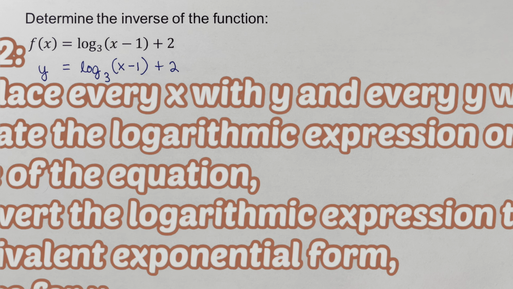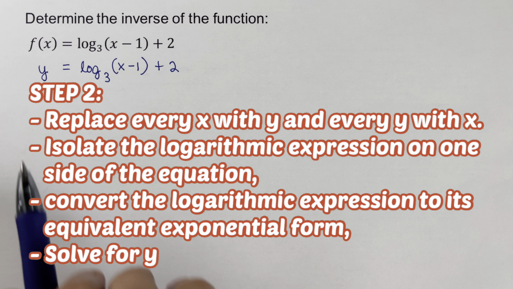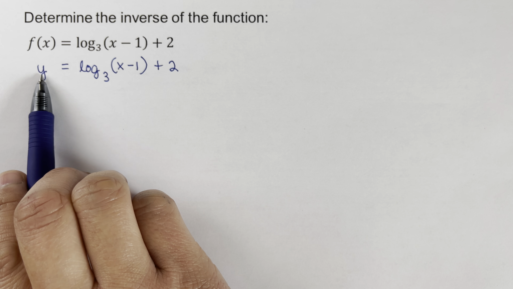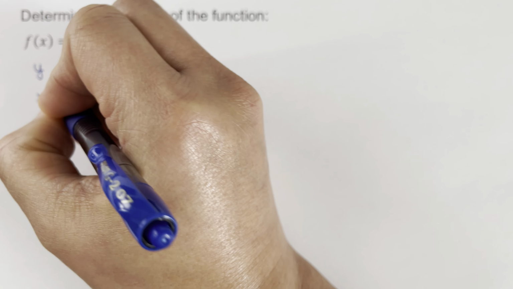Now we're ready to move on to the second step. The second step is to replace every x with y and every y with x. Isolate the logarithmic expression on one side of the equation, convert the logarithmic expression to its equivalent exponential form, solve for y. So in this case right here, I am going to change this y to x and this x to y. So this becomes